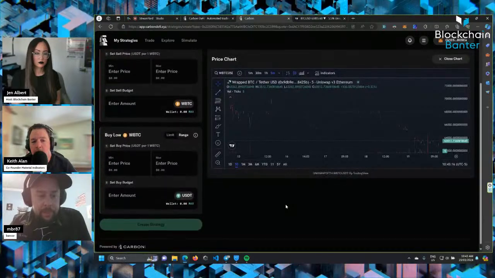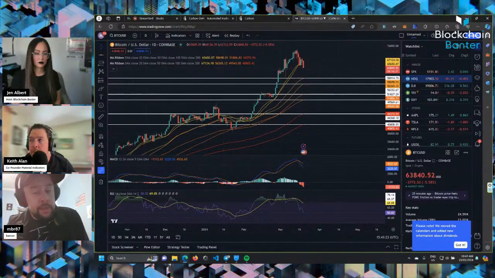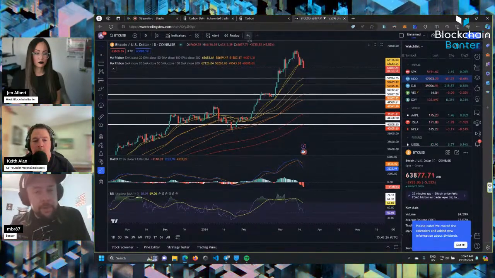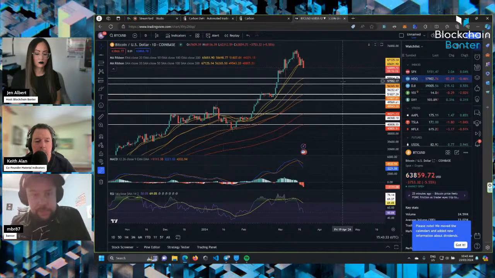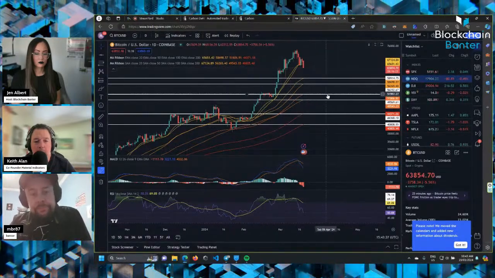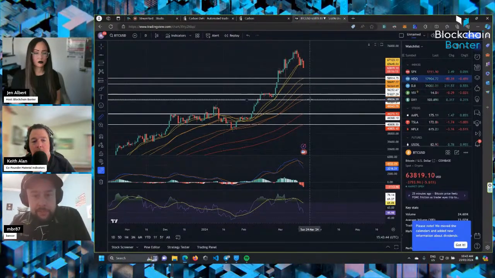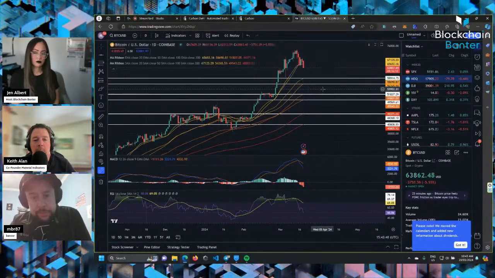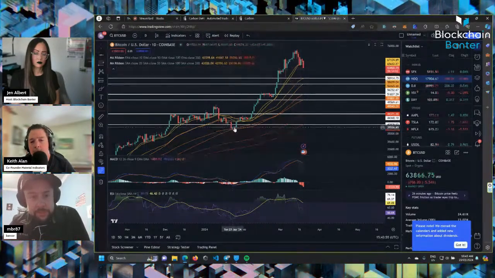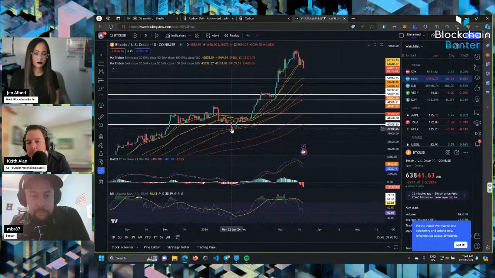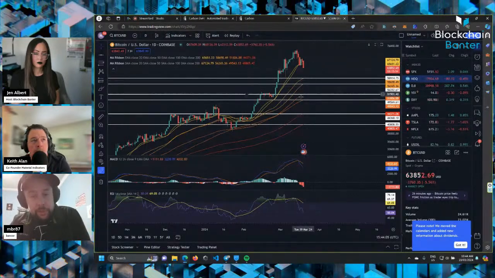But if we were trying to scalp a move like this, if we weren't actually interested in holding on to that Bitcoin, and this is a totally legitimate thing to do, especially if you're trying to get in and out of a position just for some quick cash. One of the things that we might do is say, well, you know what? The difference between these slower moving averages and the faster ones is still like 20%, which is nothing to scoff at, especially if you are anticipating that it will find support here just as it did back in January. And so if you wanted to put some cash down and then sell it again during the bounce back up,